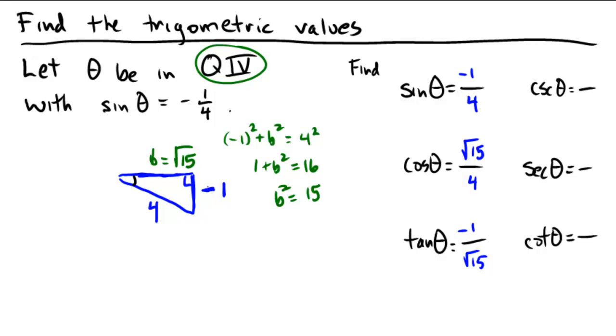The way I have this labeled right now, though, I can do the reciprocal functions by taking reciprocals. So the reciprocal of -1/4 is 4 over -1, also known as just -4. The reciprocal for the secant would be 4 over radical 15. And the reciprocal for the last one would be radical 15 over -1, or just negative radical 15. Okay, so why don't you pause the video and see if you can do the second one on your own